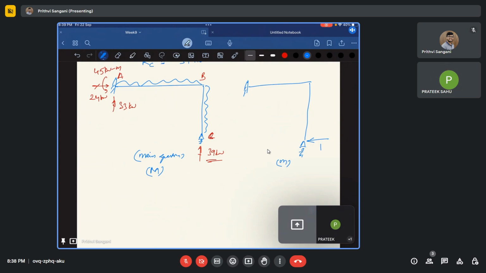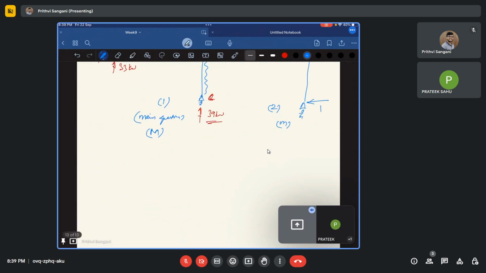So let's say this is my frame. Let's say this is frame one and this is frame two. Frame 1 I have already solved. Okay, in frame 2, now my load is 1 kilonewton acting here. But if you want to find out the bending moment,